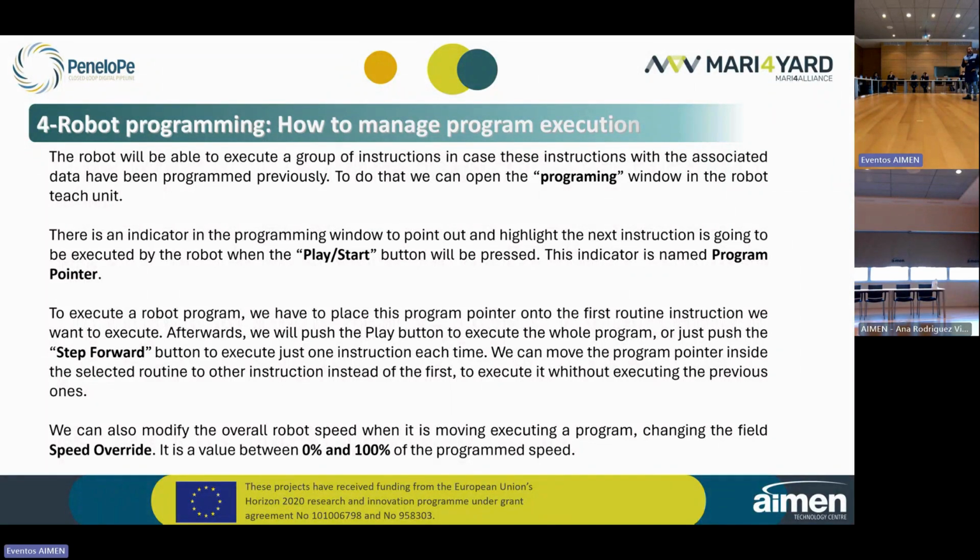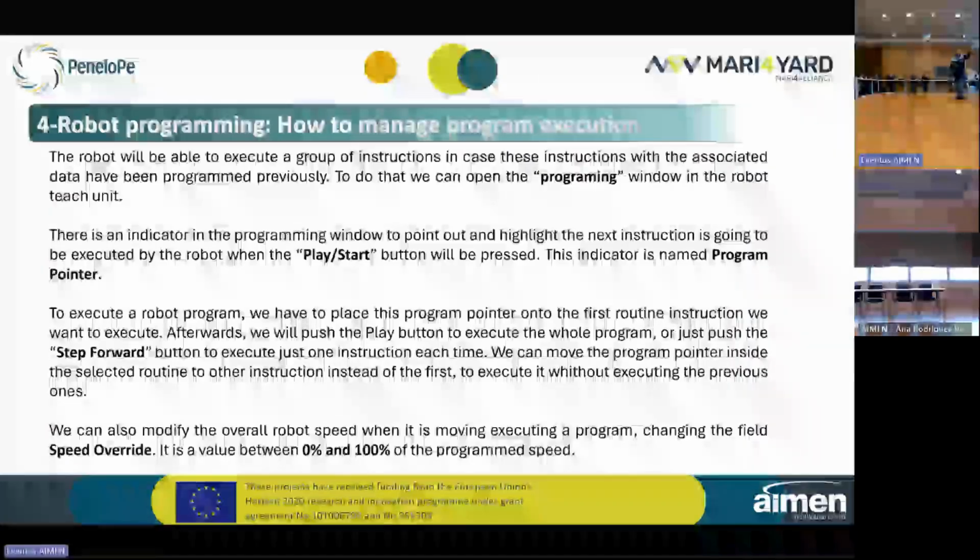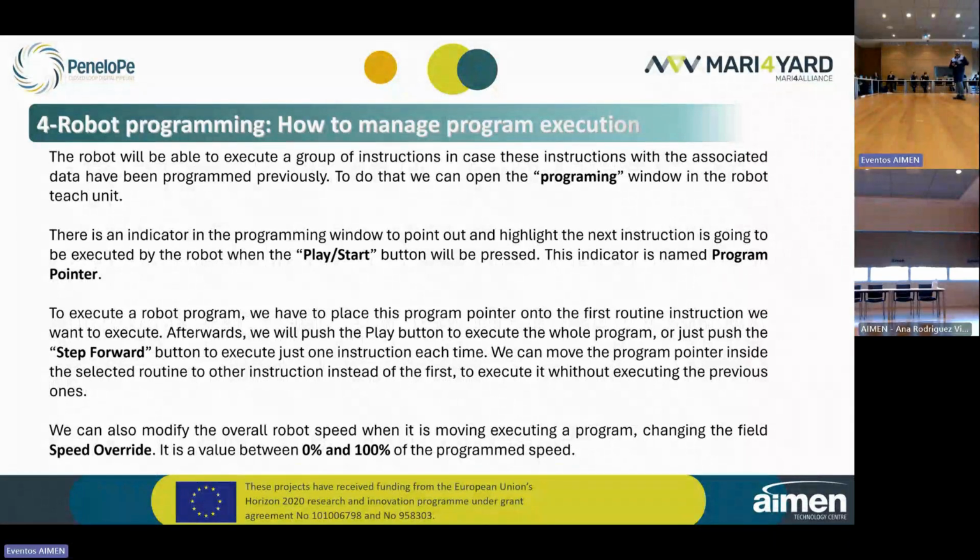We can move the program pointer inside the selected routine to other instructions instead of the first. It's not mandatory to put the program pointer on the first instruction of the routine we want to execute, but we can put it on another instruction. We can jump several instructions without executing all of them, using the step forward button as well to execute just instruction by instruction